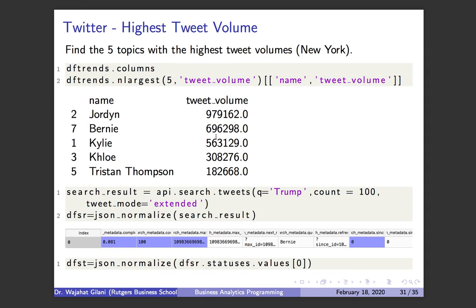Going back to the DF trends table. First of all, if I were to type dot columns right here,